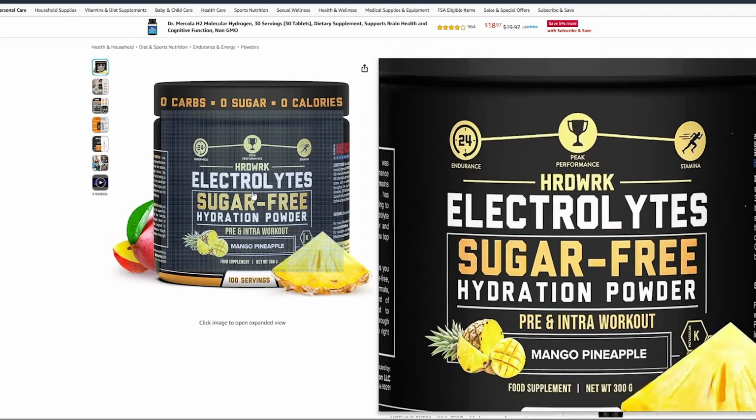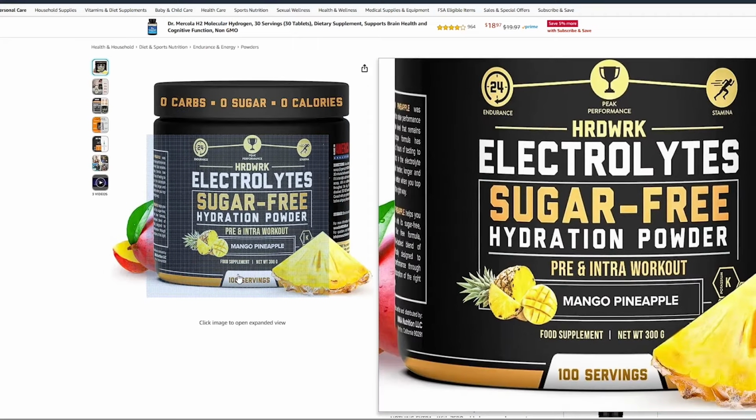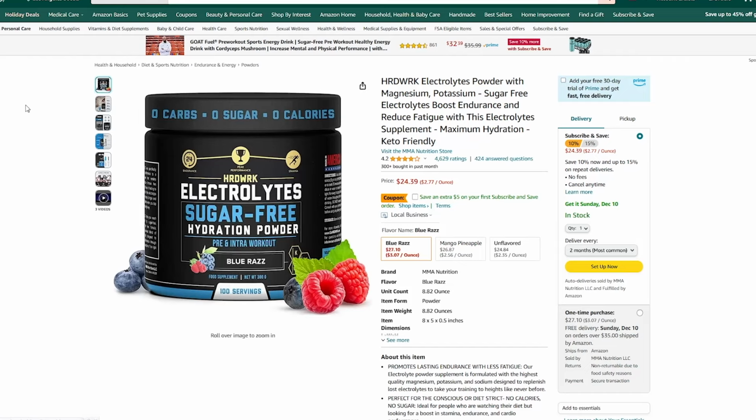But I also have another badge, and I've also changed the middle of my bottle to say hydration in a much bigger font, because when someone types in electrolyte powder, I want to make sure that they immediately see that mine is sugar-free and is for hydration. That's one thing you can do with the main image. Always add some eye candy, like blueberries on the side, or if it's a keyboard, let's say you're adding the box and some sort of ergonomic eye candy, where everyone looks the same and you look slightly different.